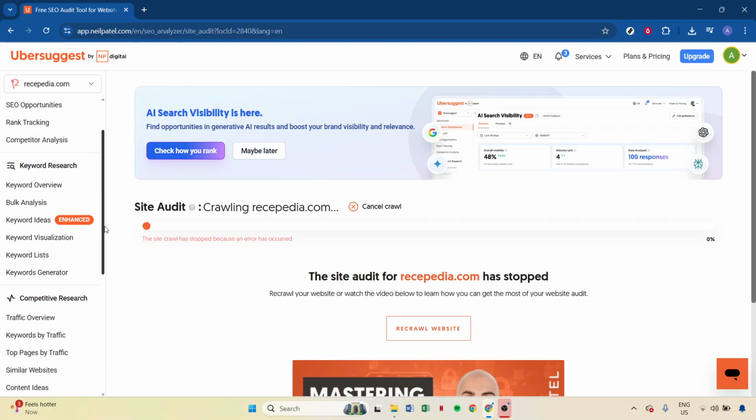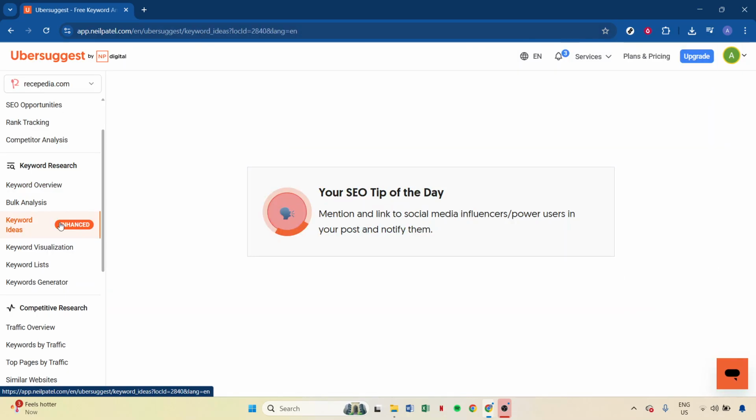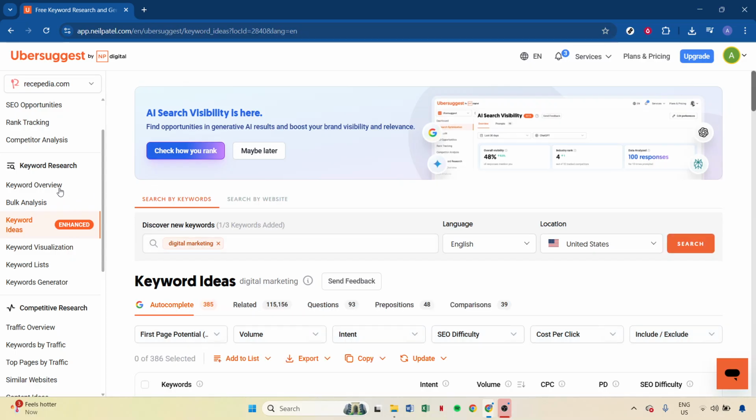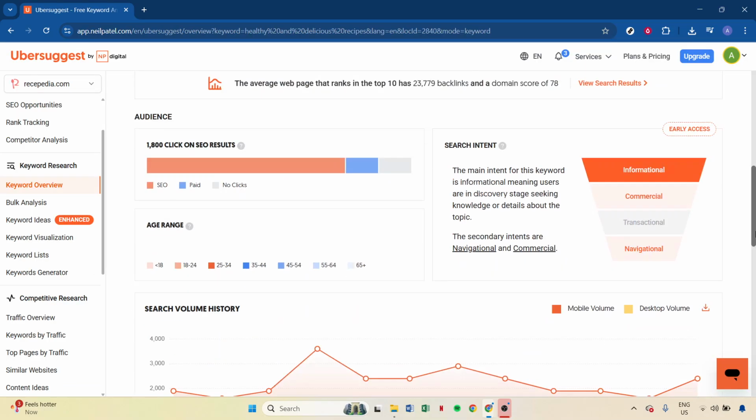Navigate over to Keyword Ideas. Here, input a topic that relates to your niche or what your audience might be searching for, something like healthy and delicious recipes. When you're evaluating the suggested keywords, look for those characterized by low SEO difficulty, ideally under a 40, while also ensuring they have a good search volume. Long-tail keywords, which tend to be longer and more specific phrases, can be particularly beneficial as they often attract more